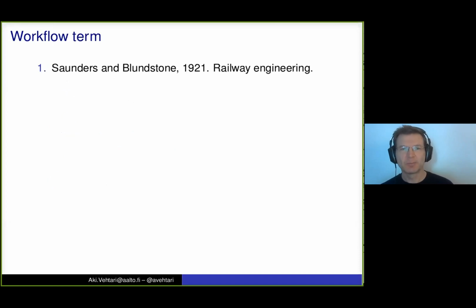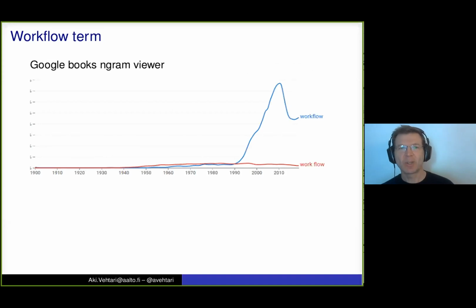The workflow term itself is relatively old. The first mention is at least in 1921 in a Railway Engineering journal, and of course, when building railways you want to be efficient and have some kind of guidelines, to standardize the flow of work and make it more efficient. Looking at the Google Books Ngram Viewer, it seems that at the beginning of the 1990s it started to get more popular, and we are already past the peak hype. So we are a bit late in starting to use this term.